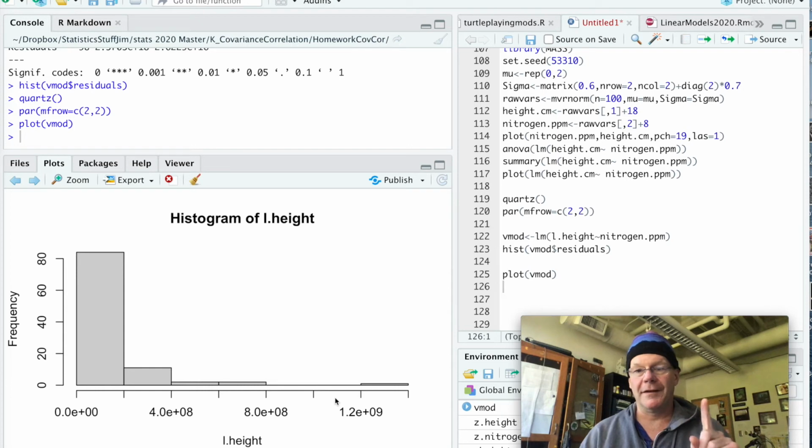And there's one last caveat with quality control. And this